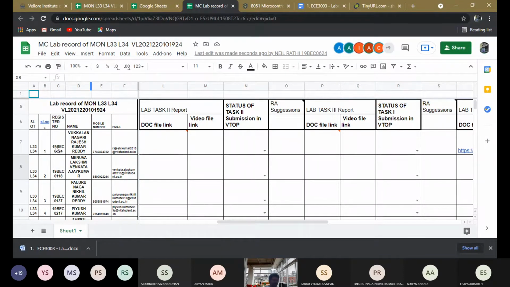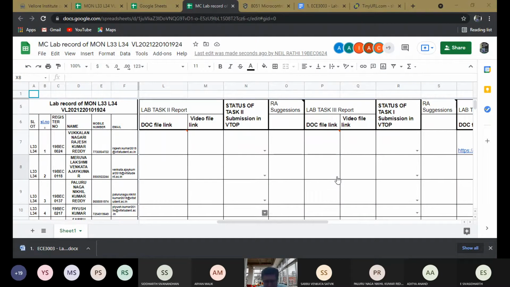You just verify that the students are there in the Teams. You will ask them whether they have created the files. Okay, sir. Yes, you have created the files. Everyone has created the file. Any difficulty in creating the file?